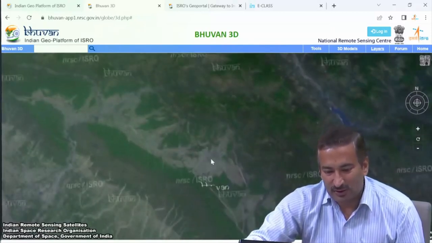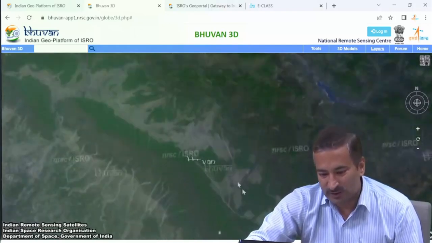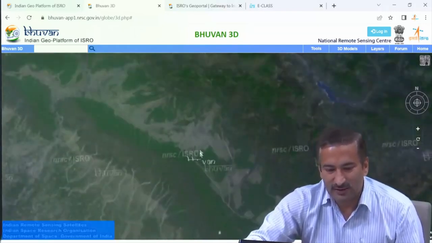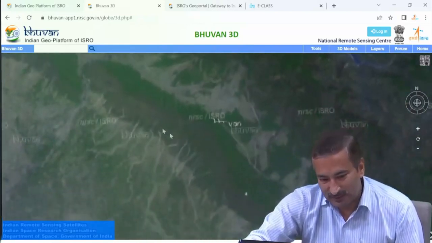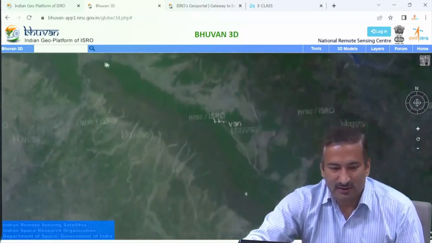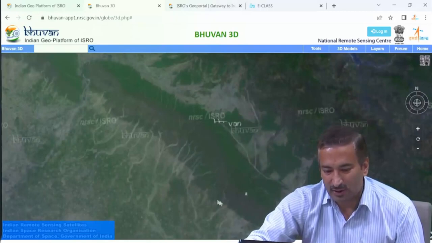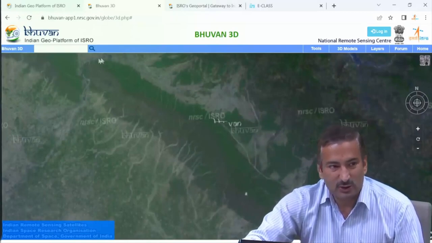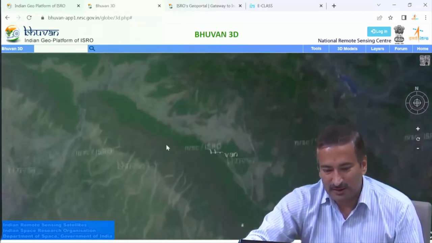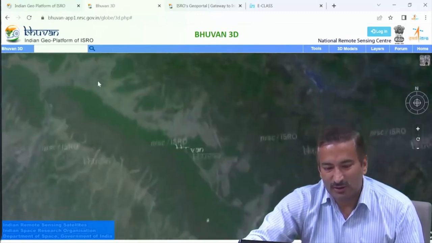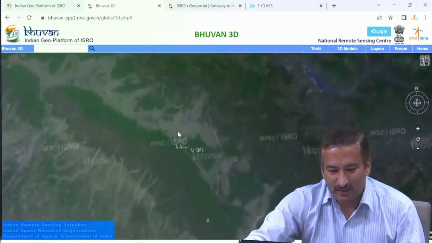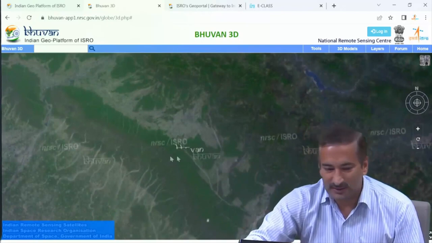Around 50 kilometers from here is the Yamuna river, and around 50 kilometers on the other side is the Ganga river. In between there is also the Sivalik range, a mountain range by the name of Sivaliks, clearly visible here. You can see how unique the topography of this city is.